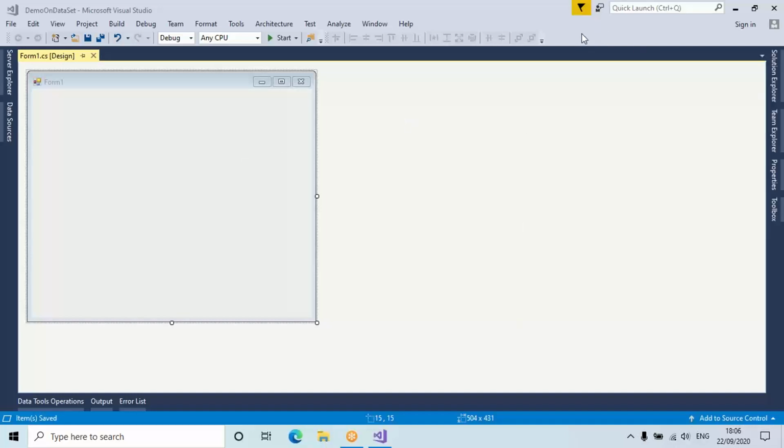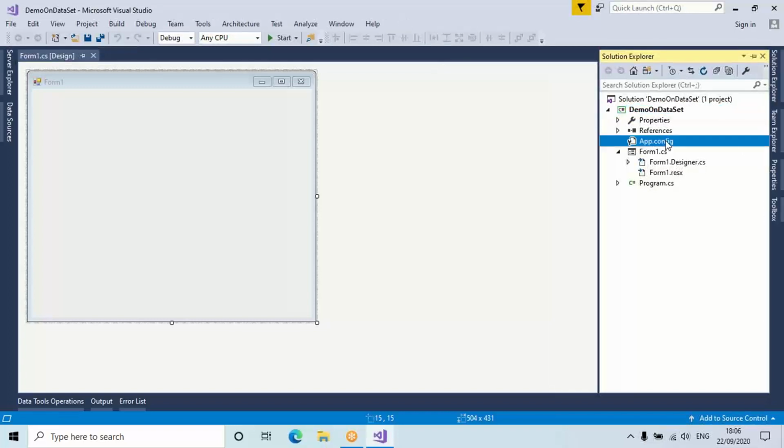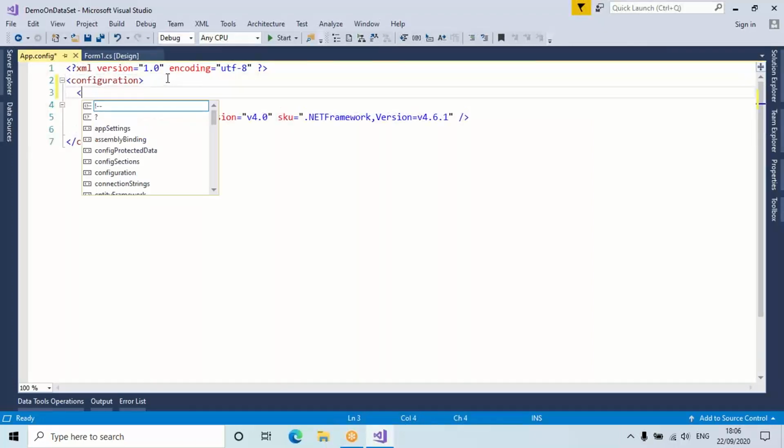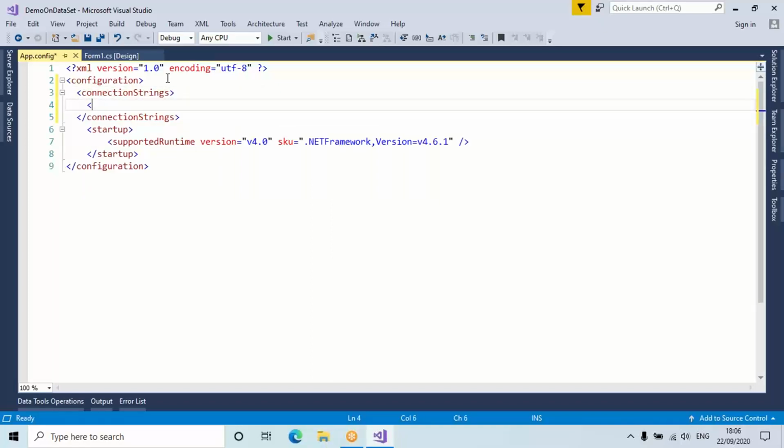We want to have a dataset application now. So for that, I go to Solution Explorer, go to app.config. Under app.config, you have to say connection strings. Then in that you should say add name equal to msnetdb, connection string equal to, then you should write data source equal to dot, initial catalog equal to ms demo db,